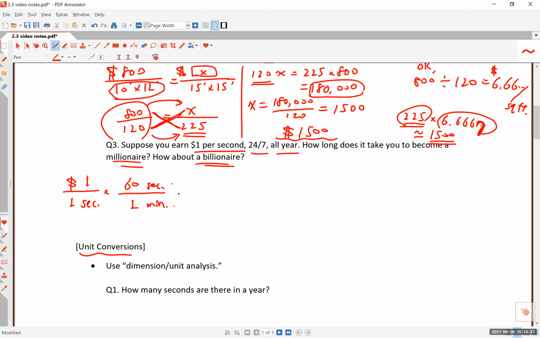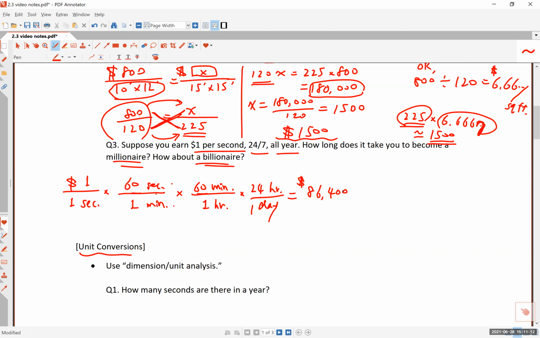And also 60 minutes is equal to 1 hour. So in other words, if you multiply 1 by 60 and 60 again, then that will tell you how many dollars this person is making per hour. But then there are 24 hours to a day. So this calculation, if you do this, will give you how much the person is making per day. The denominator is always 1, right? The top is going to be 60 times 60 times 24, and that comes out to be